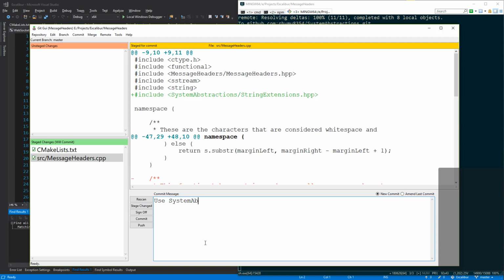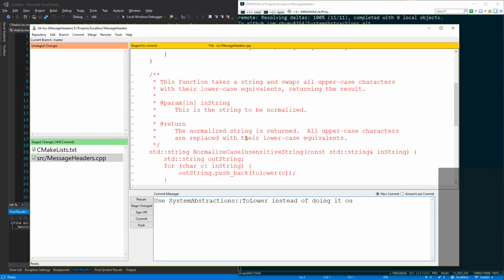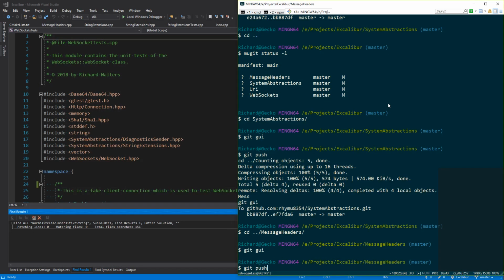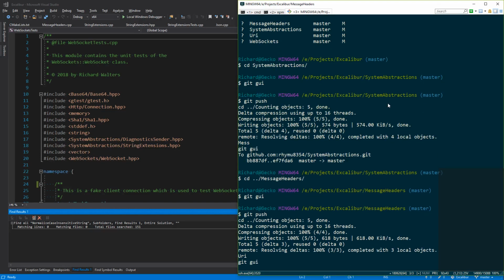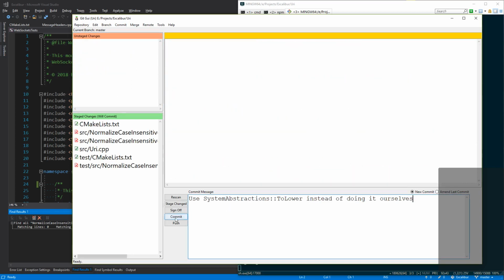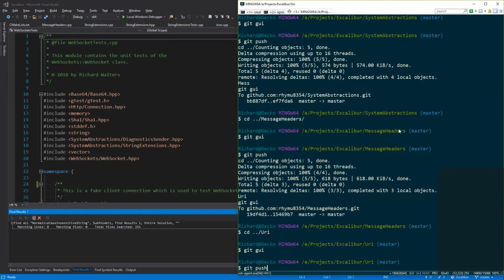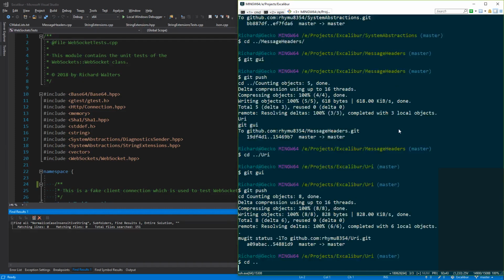Use system abstractions toLower instead of doing it ourselves. Yep. There was what? One more, WebSockets, I think.